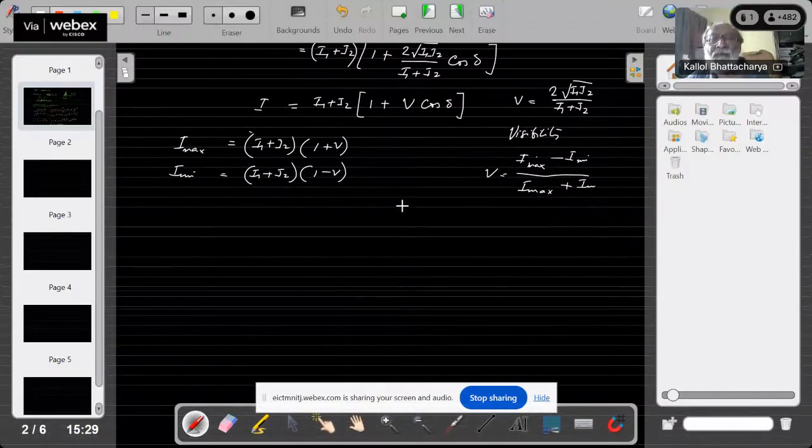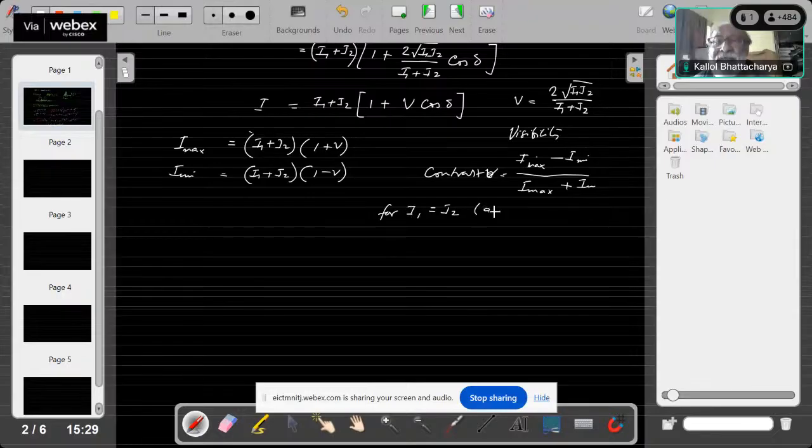And then if you find out the contrast as I max minus I min by I max plus I min, you will be left with V only. So V is the contrast. Also, you can very well see that for I1 equal to I2, that is A equal to B,